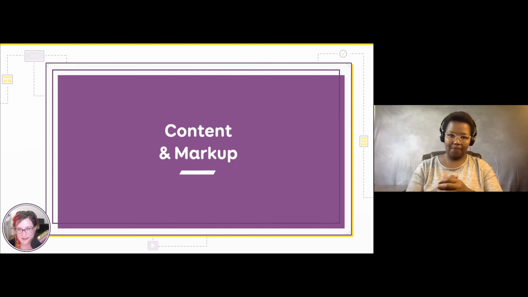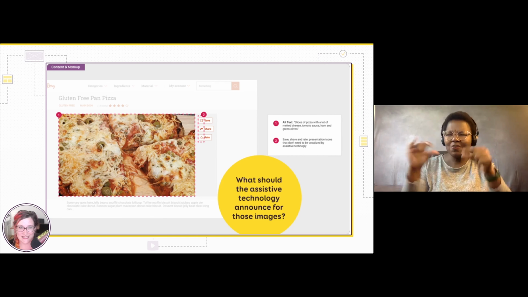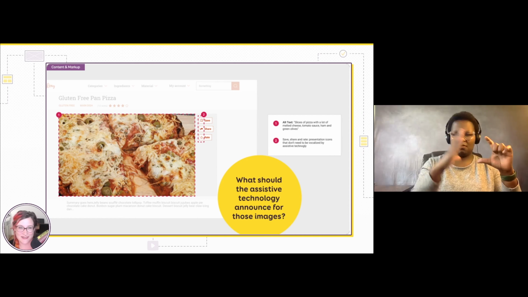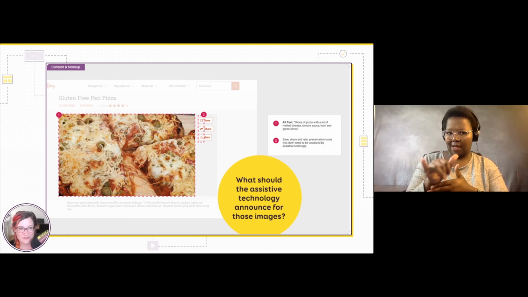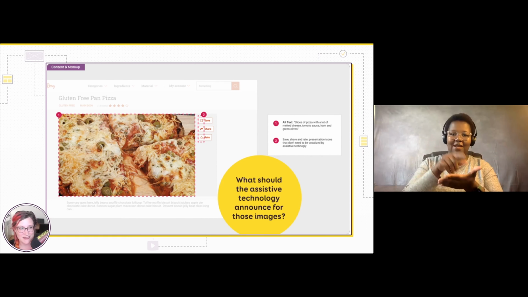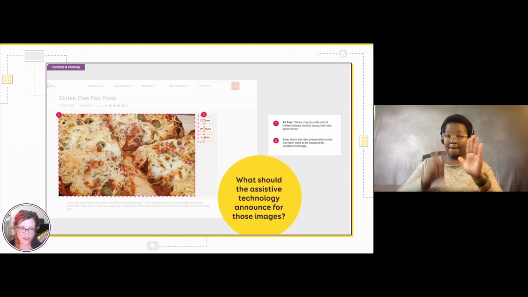The last category is contents and markup. The first thing that usually comes to mind with content or markup is images and icons, and how should this be documented? So if you have images and icons, you usually want to try to document what assistive technology should announce, or not announce in my case. Here I have still my example of a cooking recipe website. This is a cooking detail page. So what I have is an annotation on the big slice of pizza image, and I have documented on the right, using the annotation technique, what exactly this alternative text is supposed to say.